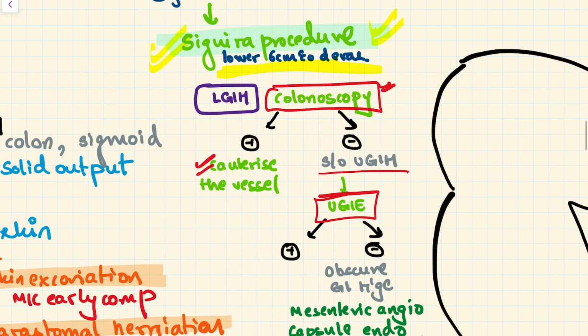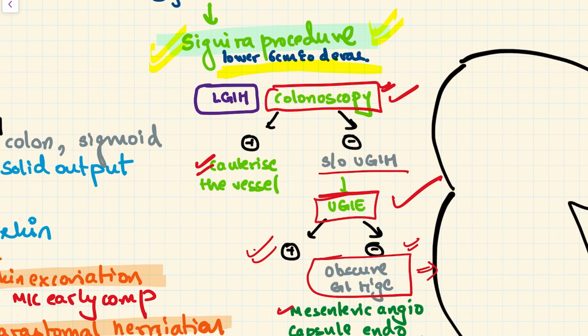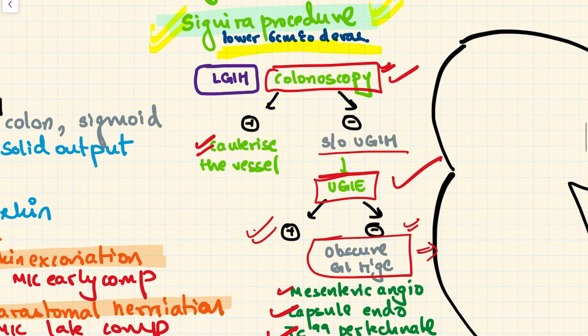If we can see a bleeding on upper GI endoscopy, it is called upper GI hemorrhage. If it is negative, then the term is called obscure GI hemorrhage. So what is obscure GI hemorrhage is that if it is colonoscopy and upper GI endoscopy negative bleed, right? The causes are mesenteric, and the investigations that we will do are mesenteric angiography, capsule endoscopy, and a technetium-99 pertechnetate scan, right? This is important. It can be used in case of obscure GI bleeding,